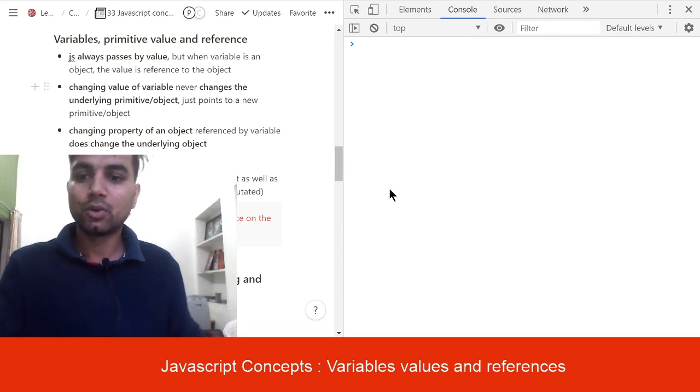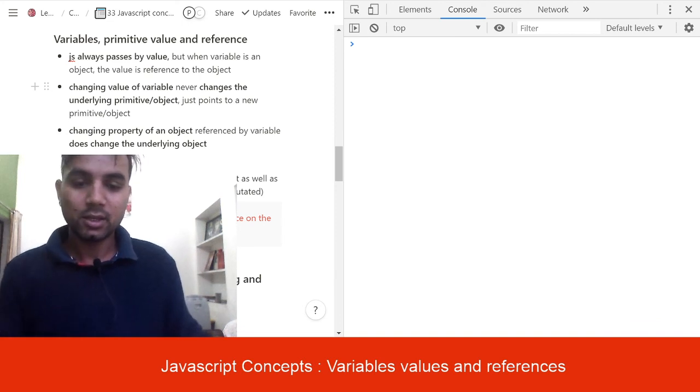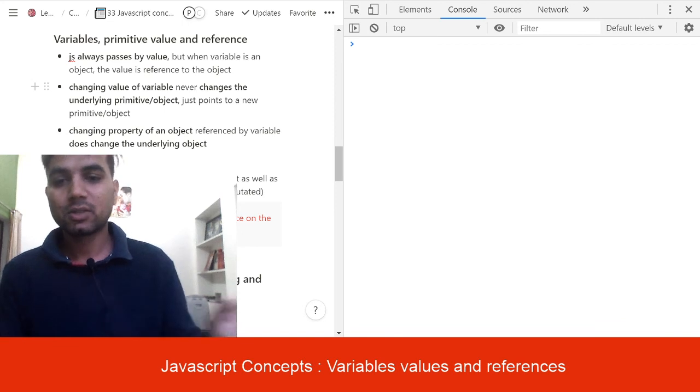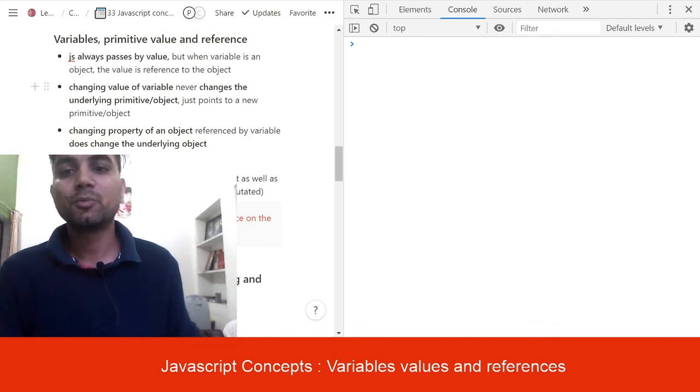So this is about object values, variable values, and references. We covered objects. In brief, everything passes by value, and we can change the value of a variable if it is a primitive by just reassigning the variable. And changing a property of an object referenced by a variable does change the underlying object. So that's about it. Thanks a lot for